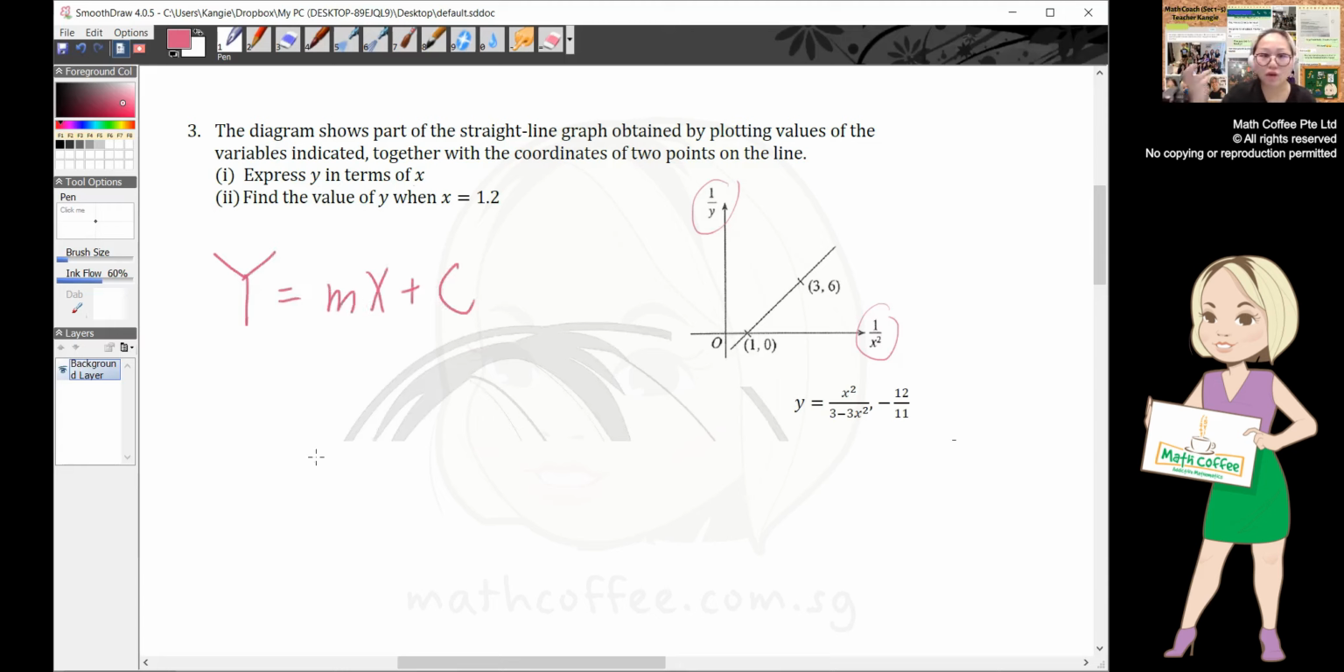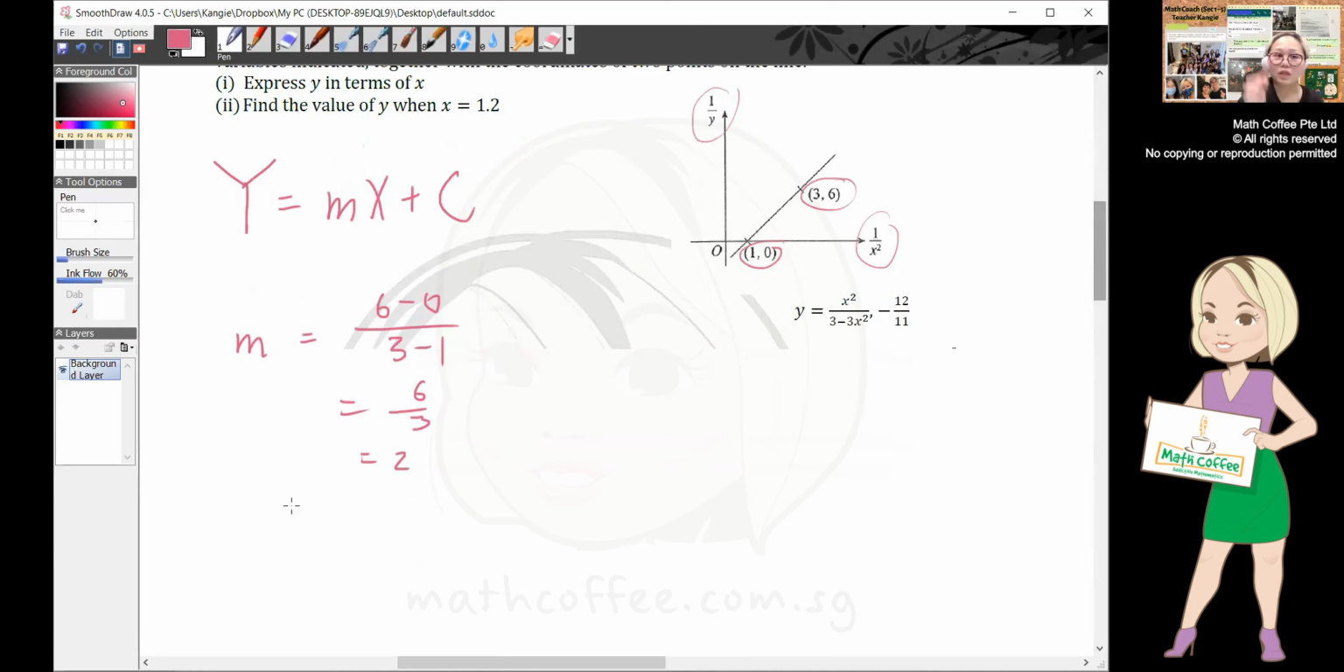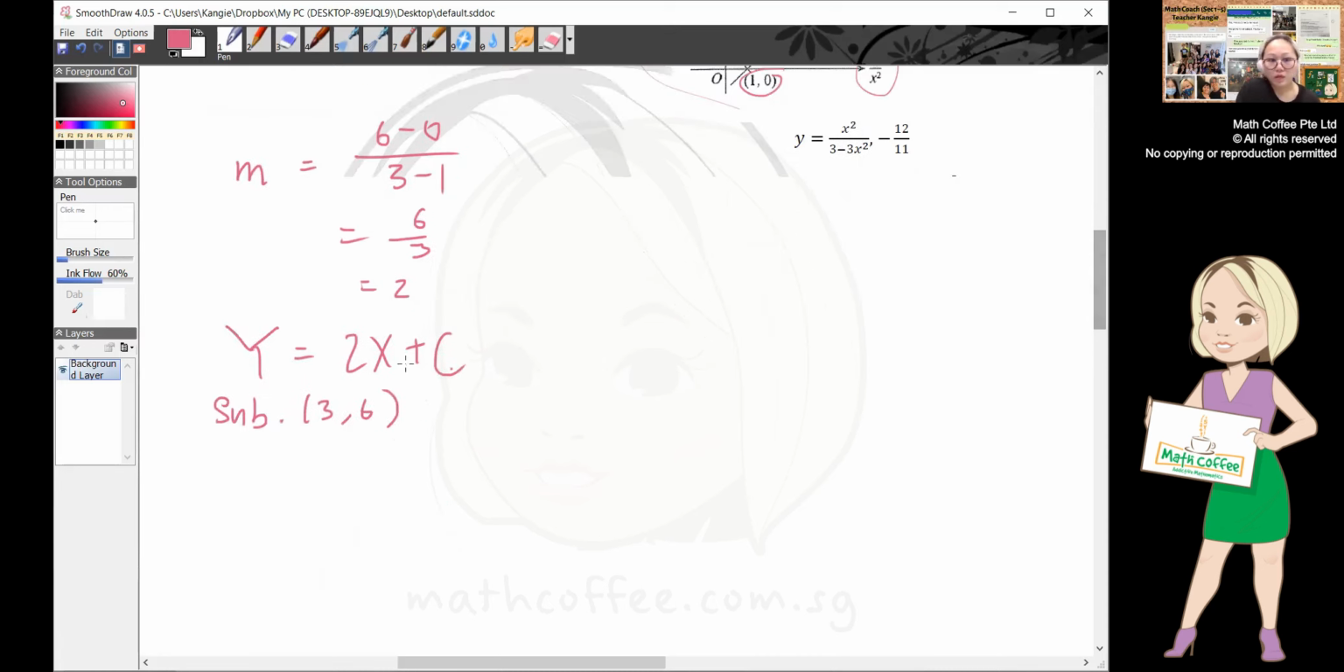So as per normal, find the gradient. In this case, I can find my gradient because I have 2 points on the line. So this is 6 minus 0 over 3 minus 1. So I get 6 divided by 3, I get 2. Then my partial equation now becomes Y equals 2x plus c. Then I want to find c, right? So check the graph. Do I have the intercept? I don't. So in this case, I have to sub either (3, 6) or (1, 0) to find my c. So let's say I sub 3 and 6. So that means 6 equals 2 times 3 plus c. And in the end, my c is equal to